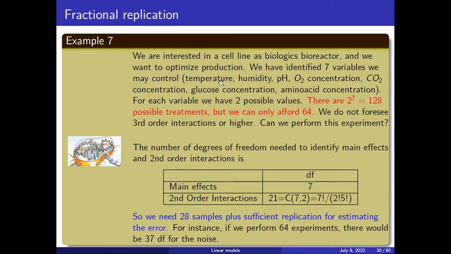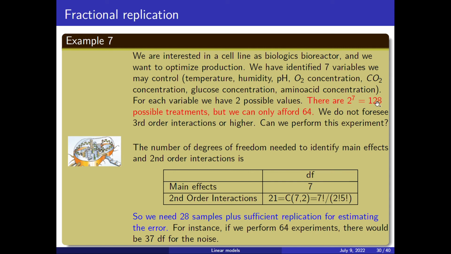They can affect the temperature, the humidity, pH, the concentration of oxygen, carbon dioxide, glucose, of amino acid. So there are 7 possible variables. For each one of them you have chosen 2 levels. So you have 2 possible temperatures, 2 possible humidity levels, 2 possible pH, and so on. If you count how many combinations you have,